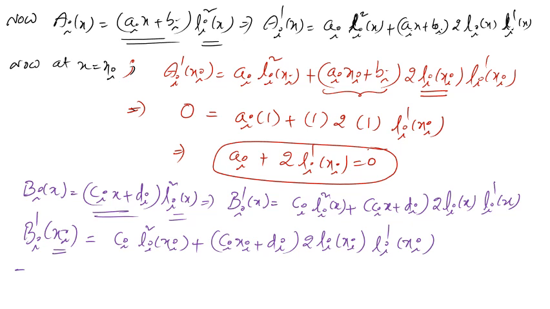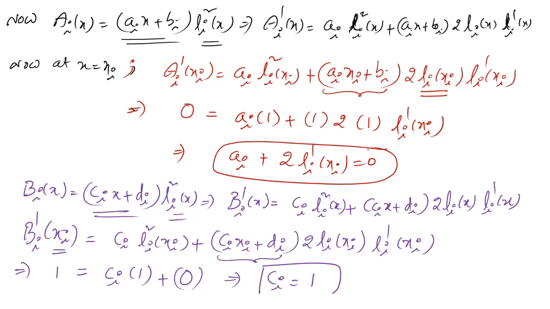So what is this value? This value is 1 by interpolatory conditions, p dash. ci into this value is 1, and what is this value? This value is 0, okay, from the previous expression. This implies ci equal to what? 1. So finally, what we are getting,